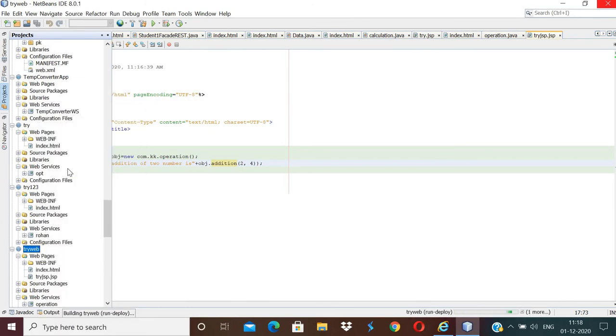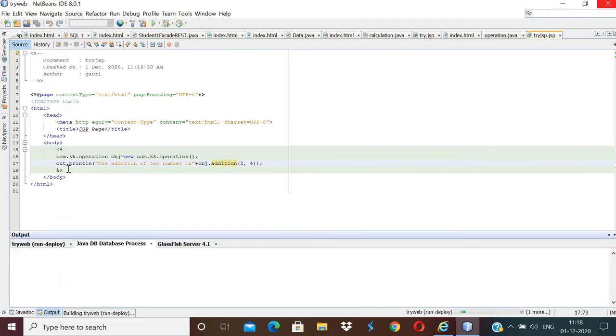For deploying it takes some time, so just deploy your project. Before running any file or any project, you have to first build your project and deploy your project.